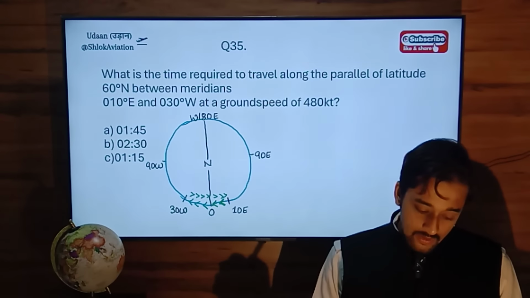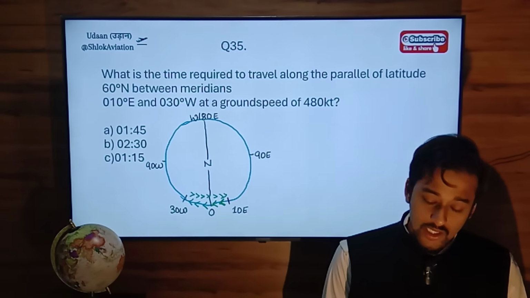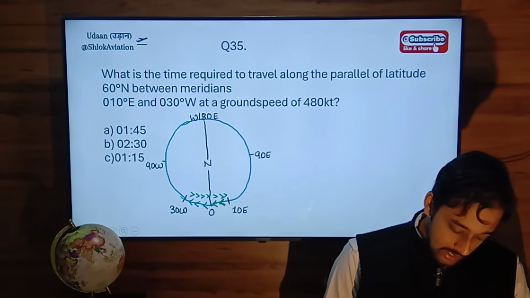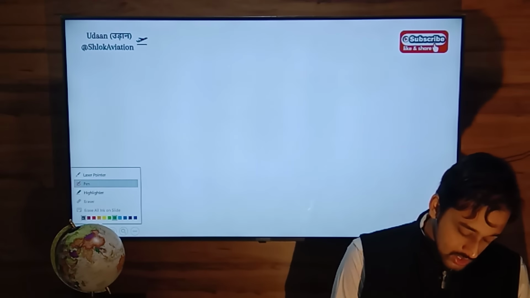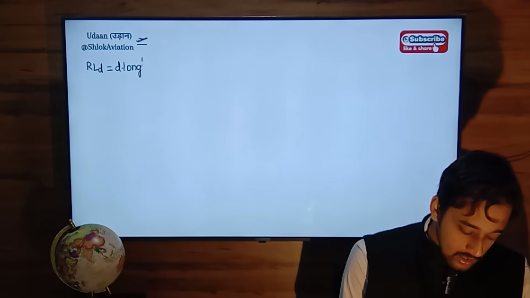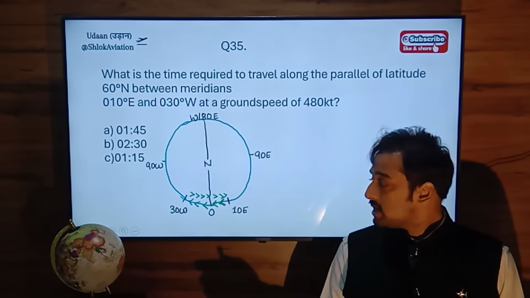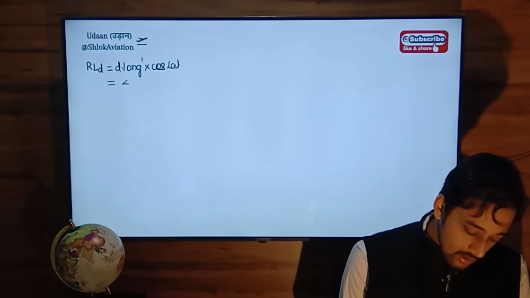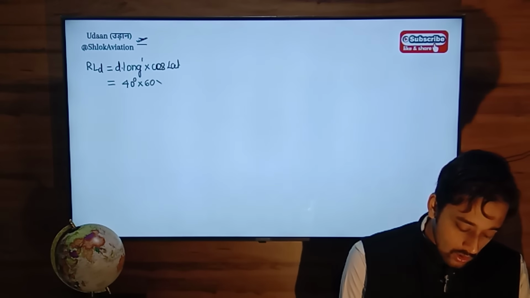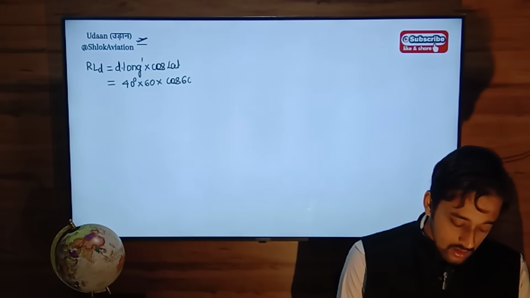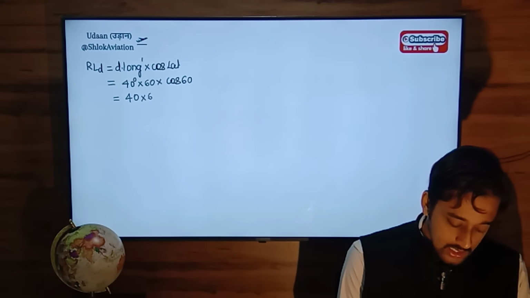Okay, and speed has been given to us. Let's find out distance. When we have distance and speed, we will be able to calculate time. Now this will be a rhumb line distance. So rhumb line distance is d long into cos lat. D long, the difference between them is 30 west and 10 east. So you add that difference. Different hemisphere you add. 40 degree into 60 into cos of latitude is how much? 60. So 40 into 60 into half,